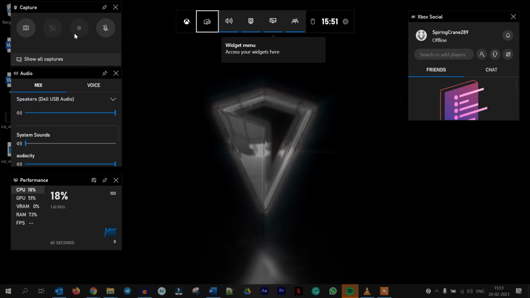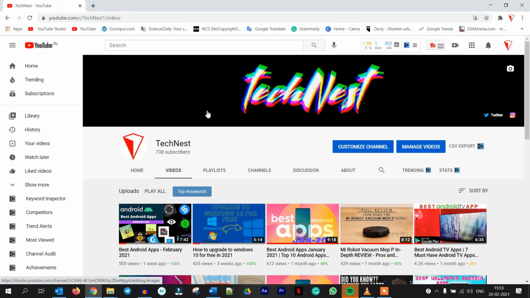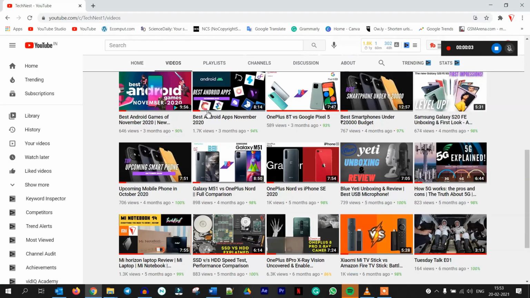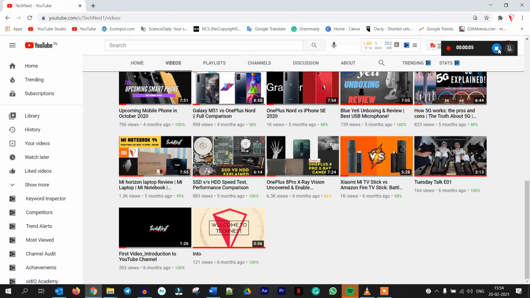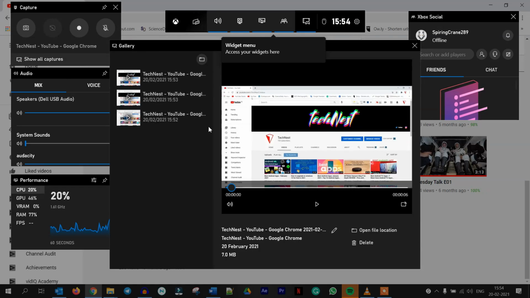In the top left hand corner there is a window to capture. I am going to open up my browser window and hit the Windows key together with G to launch the application and click on this button to kick off the recording. The recording is now active. Once done with recording, click on this stop button and now my clip has been recorded. If you click here, it will take you to the folder where the clip is saved. Now you can see how it is recorded.